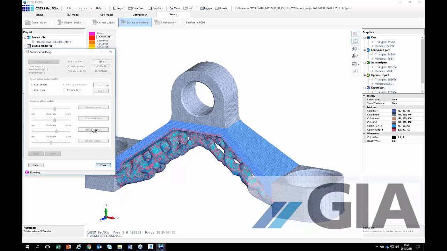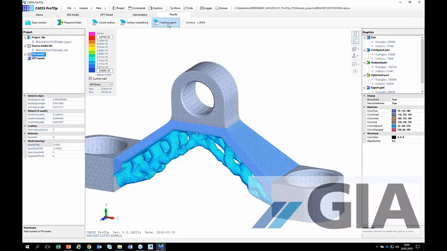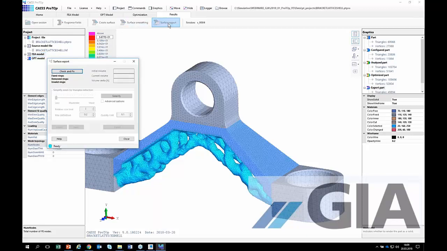I'm smoothing surfaces. That takes a while. And I will simplify the surfaces a little bit. Okay. And these surfaces now will be exported for later use in my CAD system or in my 3D printing